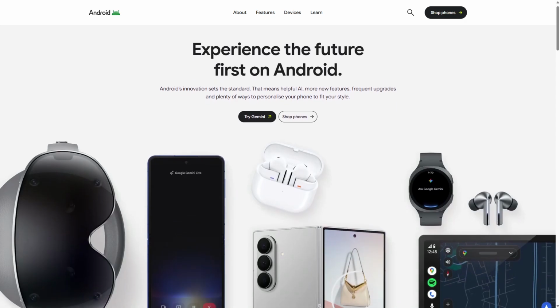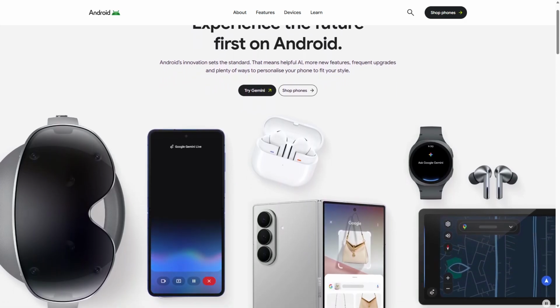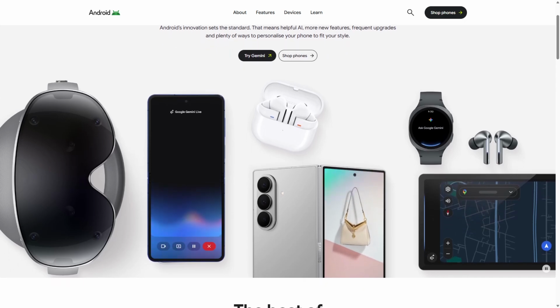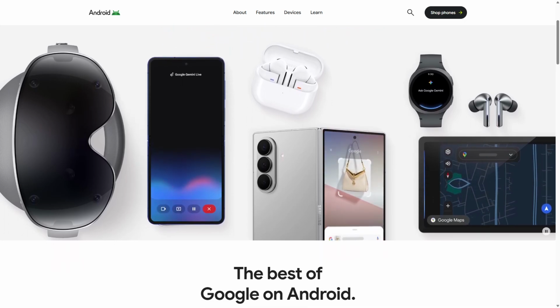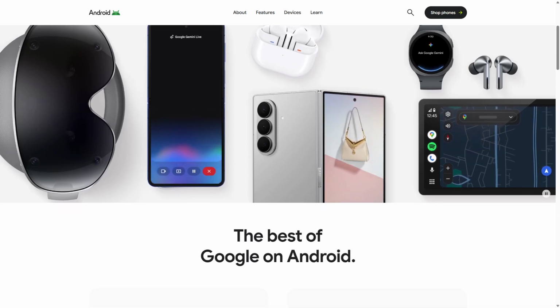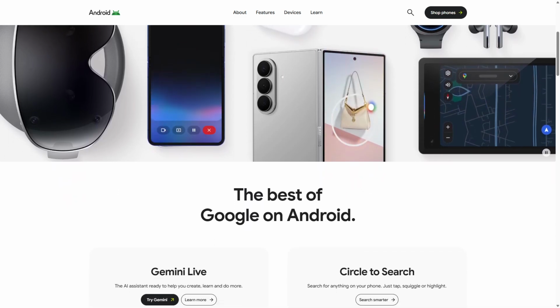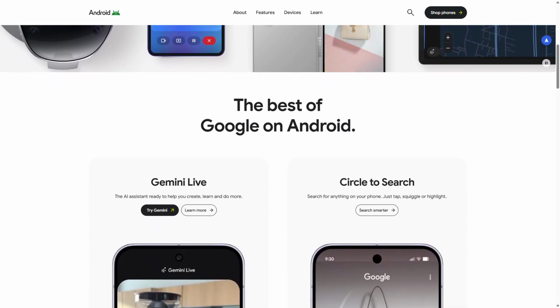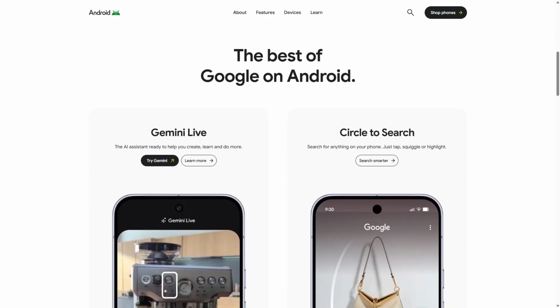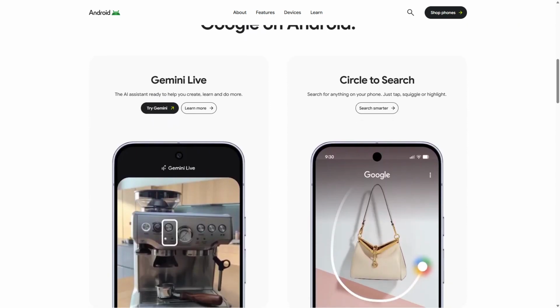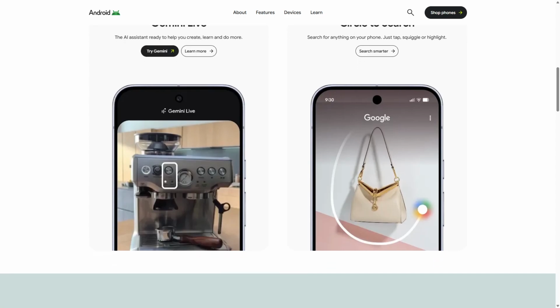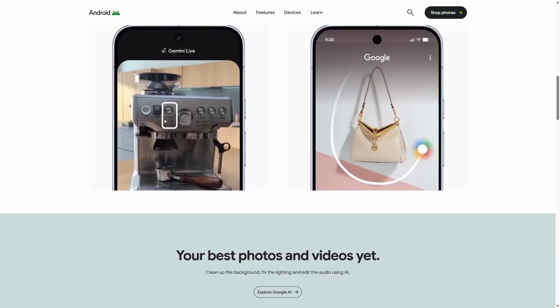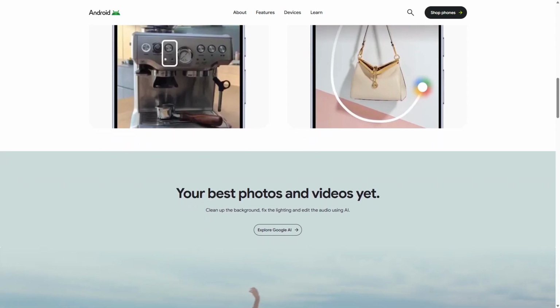Android is a widely used mobile operating system known for its flexibility and extensive app ecosystem. It allows users to customize their devices with various applications, widgets, and themes. Android works by providing a user-friendly interface and access to the Google Play Store, where millions of apps are available for download. Its strengths include a vast selection of apps and services, making it suitable for casual users who enjoy